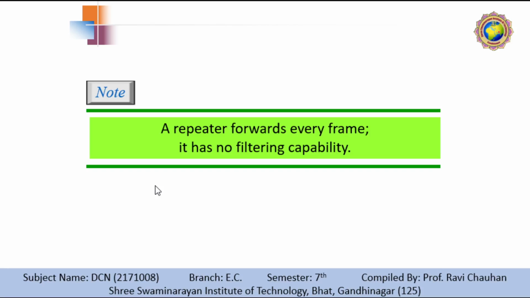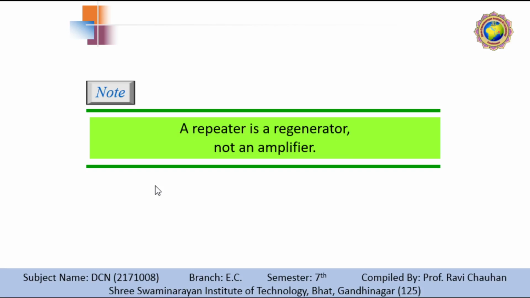It is tempting to compare a repeater to an amplifier, but the comparison is inaccurate. An amplifier cannot discriminate between the intended signal and noise. It amplifies equally everything fed into it. A repeater does not amplify the signal. It regenerates the signal. When it receives a weak signal or a corrupt signal, it creates a copy, bit for bit, at the original strength. So we can say that our repeater is a regenerator, not an amplifier.